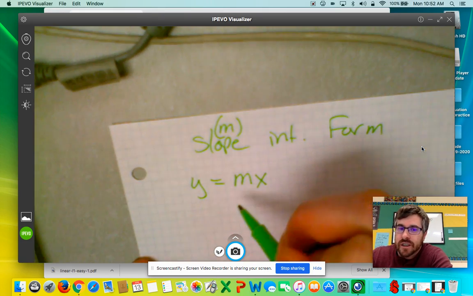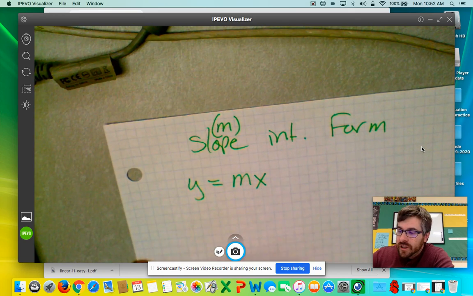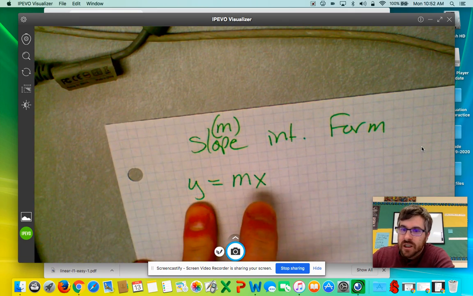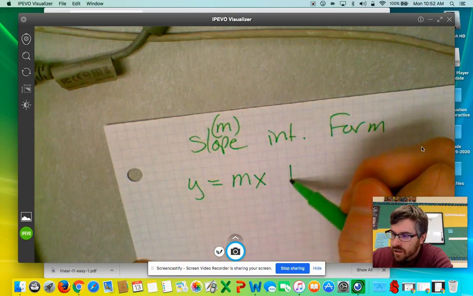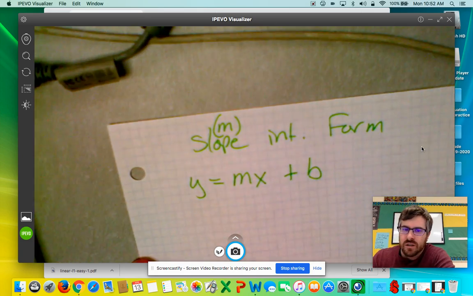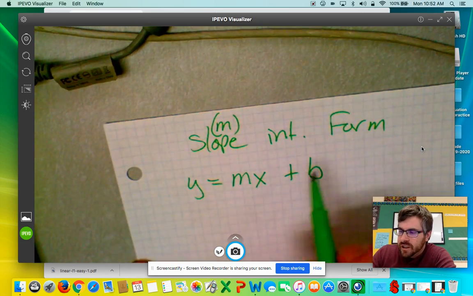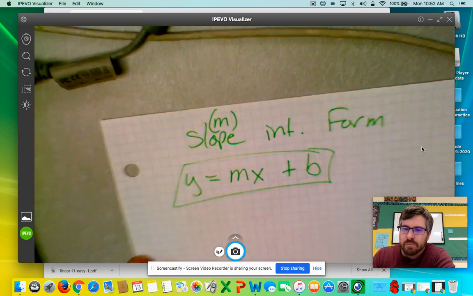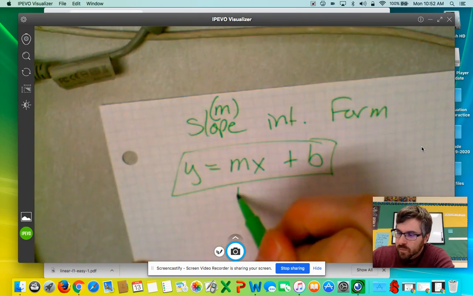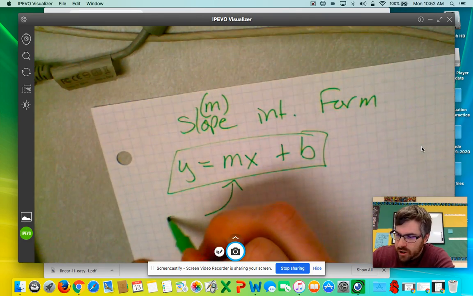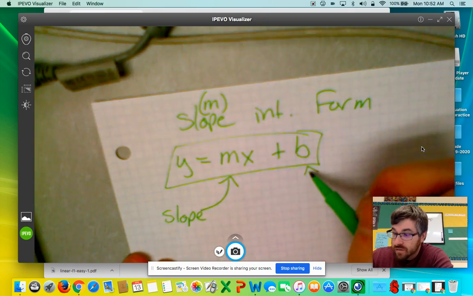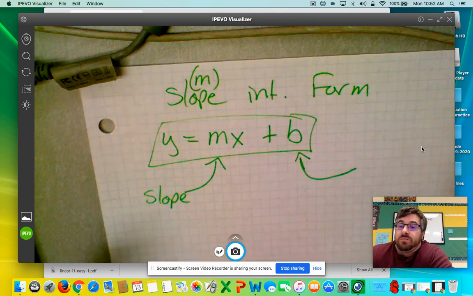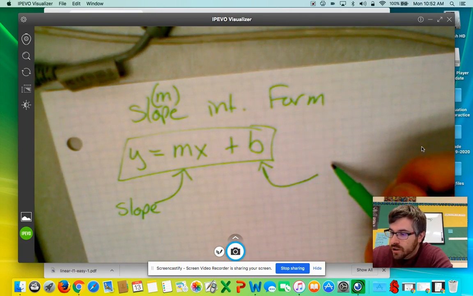X always goes next to slope, no matter what. These two things, the y and the x, have to be in these exact positions to be slope intercept form. And then we say plus b. What? That don't make any sense. Let me explain it. Okay, m is your slope. B, for whatever reason, I don't know why, is your